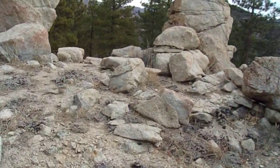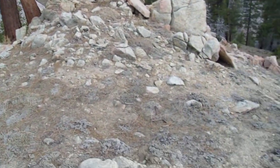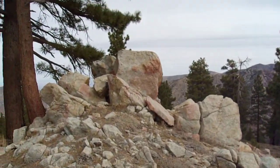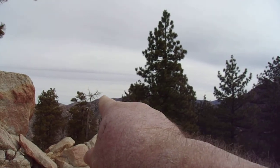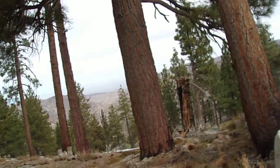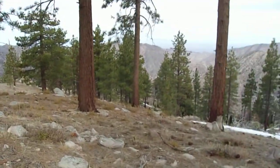Alright, so this should be bump 6617. Been up to this one before too. It's not really a peak per se. Well, it's a miniature high point. But really can't see much of Winston Ridge. Well, I actually saw more of Winston Ridge coming up, which is over there. I think that little summit in the foreground, not that pointy one way in the back, is peak 6850. It's a small bump along Winston Ridge. The high point of Winston Ridge is barely 7,000 feet, like 7,003 feet,